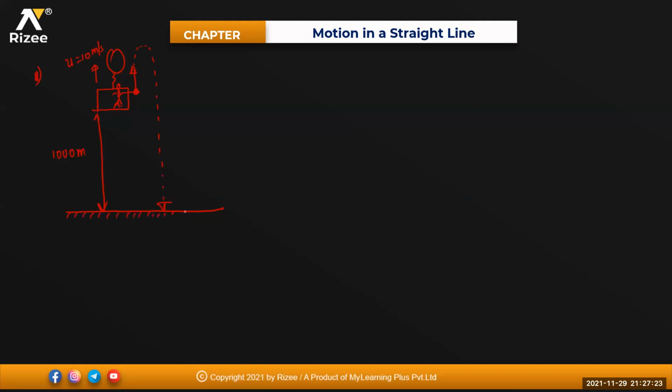You know that if anything is being thrown from a moving body, that body possesses the same velocity, beta. If the balloon is moving with 10 meter per second, when the ball is released, it possesses the same velocity. How much will it be, beta? 10 meter per second. This also has 10 meter per second.